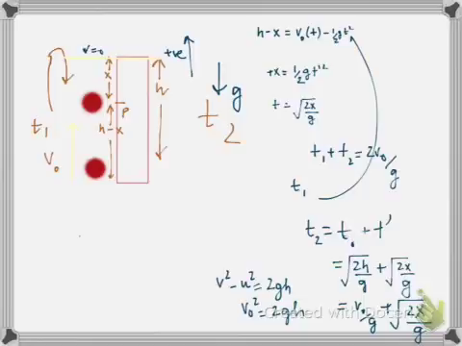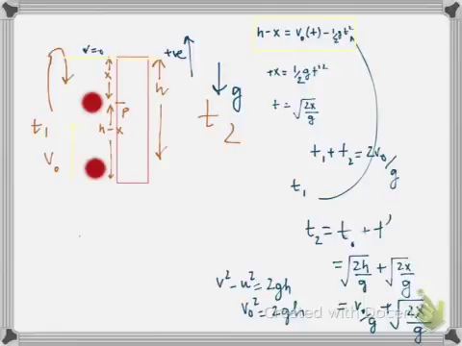Now what is the net displacement of the ball at time t1? It is h minus x in the positive direction if we assume the above direction to be positive. Now what we do is we take the downward direction. Now in the downward direction also the displacement is h minus x, but this time in the negative direction, right? But still the s is equal to ut plus half at square equation will be the same. Therefore h minus x equal to half gt square. This equation is applicable for both times t1 as well as t2.